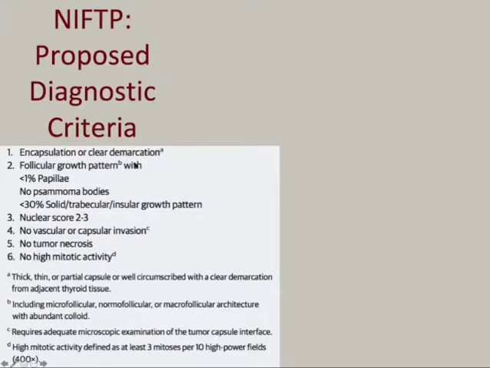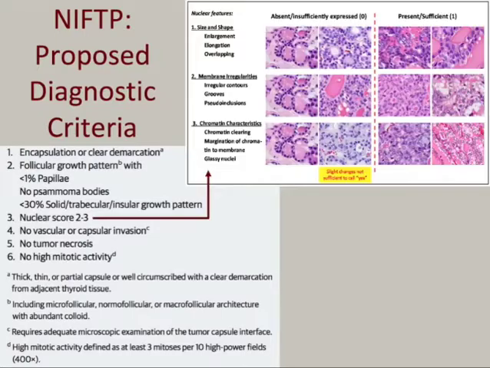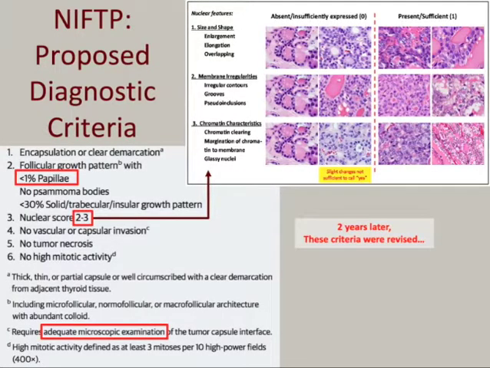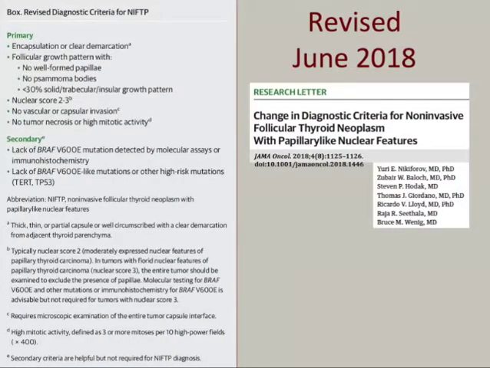Okay, so follicular variant of papillary thyroid carcinoma, circumscribed, is now NIFTP, right? So NIFTP, non-invasive follicular thyroid neoplasm with papillary-like nuclear features. I have 1 minute. The criteria were proposed in 2016 and revised in 2018. I'm going to let you read it over yourself. But essentially,